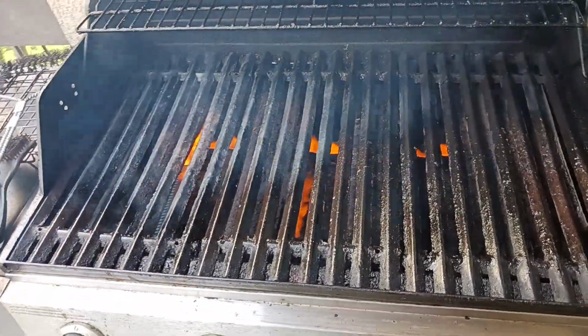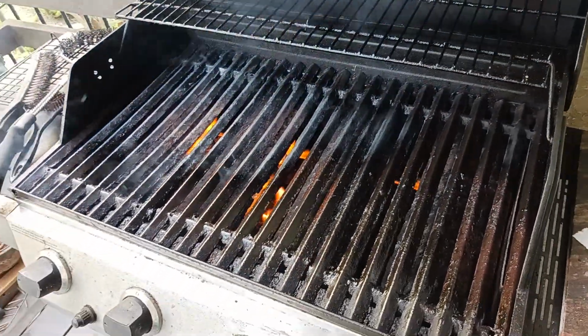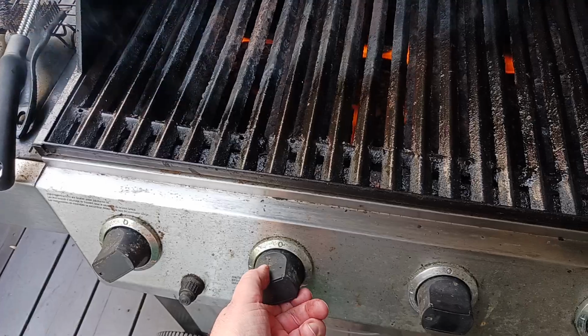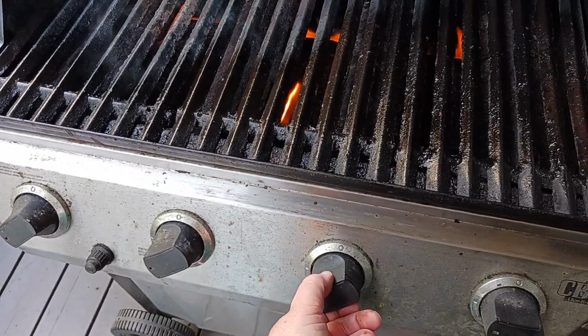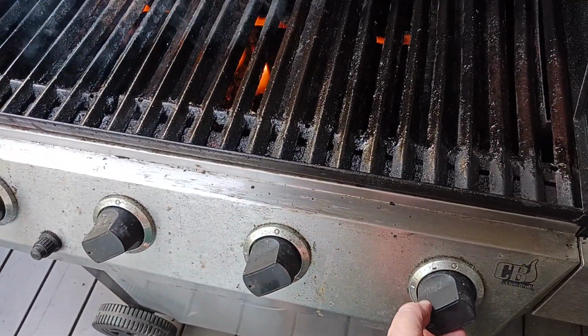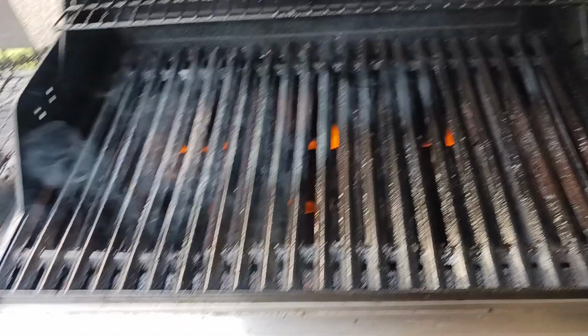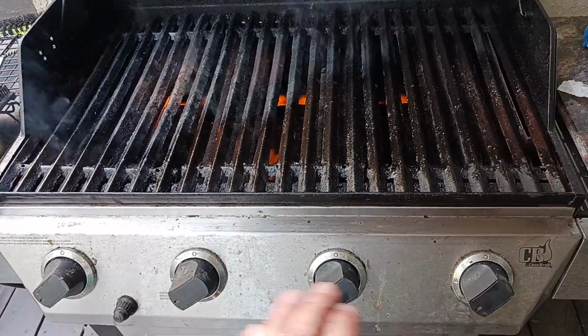So I think I'm kind of at that point. If you have a little bit of residual smoke, that's totally fine. But what I'm going to do now is lower my heat to medium or low, kind of all 4 of them. I really don't need all 4, but just for demonstration purposes, I'm going to show you all that we're at kind of a medium low